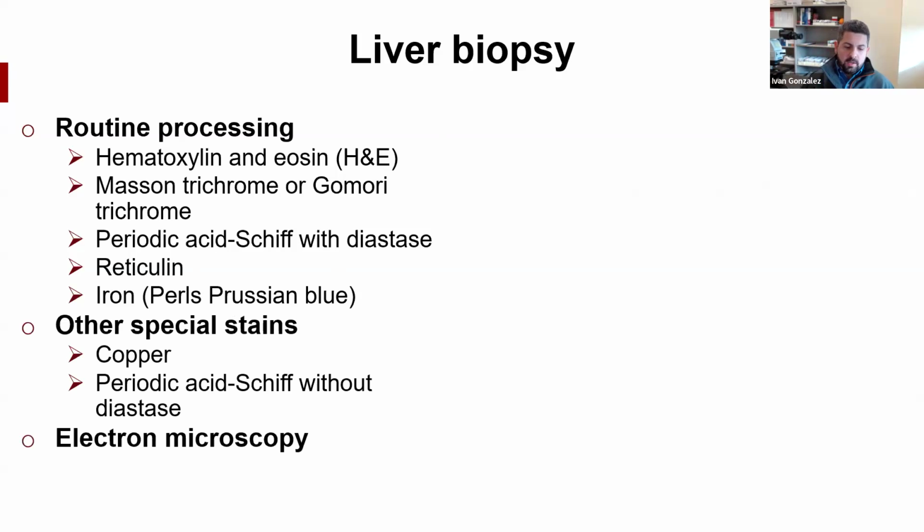We also get from the clinician one sample that is dedicated for electron microscopy. So we'll basically get 2 containers, one with 1 or 2 long cores of liver biopsy, and then another one with a small fragment of liver that will be for electron microscopy. We process it, we just don't take the photos of the EM right away. We only take the photos if, based on the histology, we think we need it, or the clinician specifically requested to run the EM. But we already have it processed in case we need it in the future.